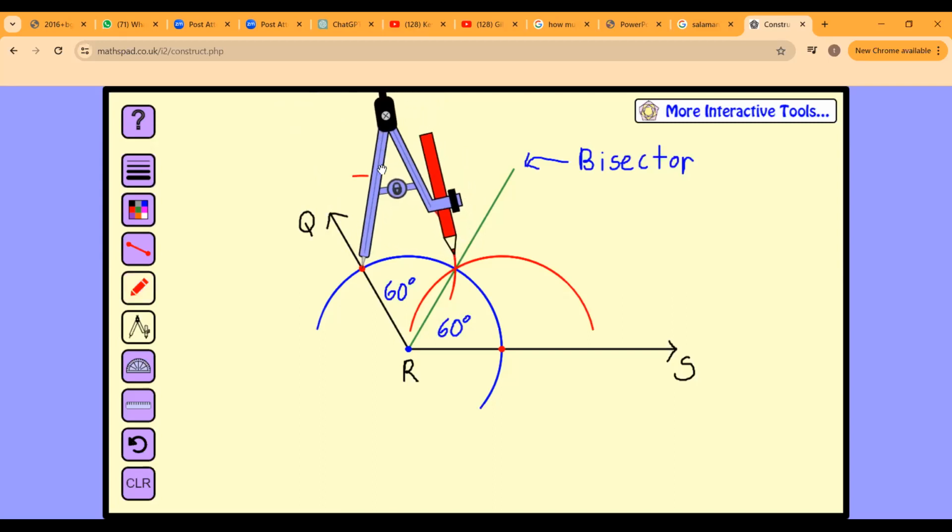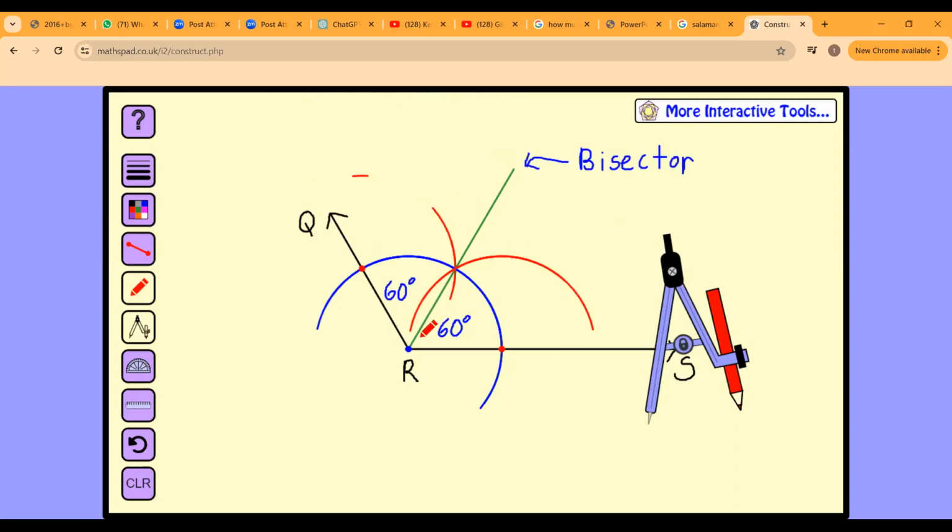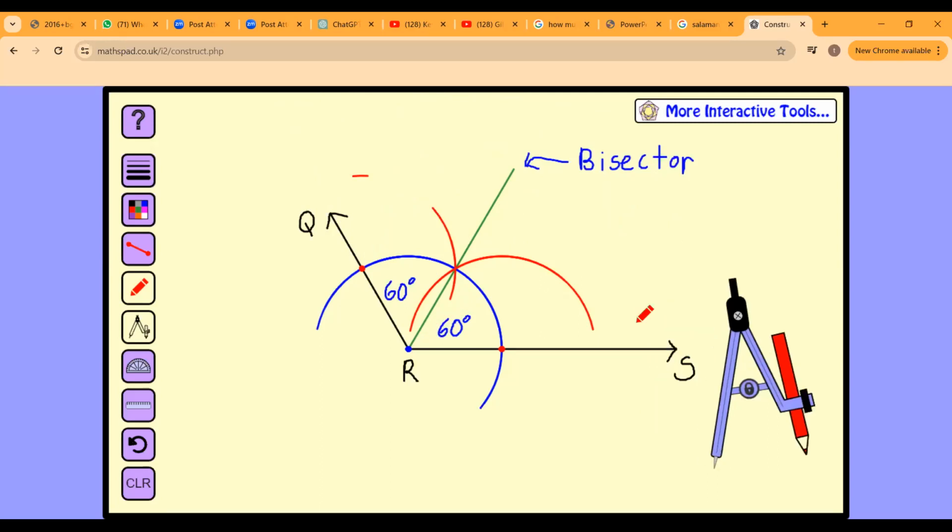Then after that, we draw a line directly in the middle right here, so as to cut this angle in half, so that this one is 60 degrees and that one is 60 degrees. Do you see that, Nivea and Kmar? Do you all see that? Yes, sir. Good, so that's how we do that.